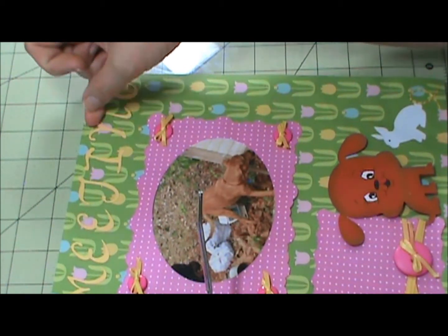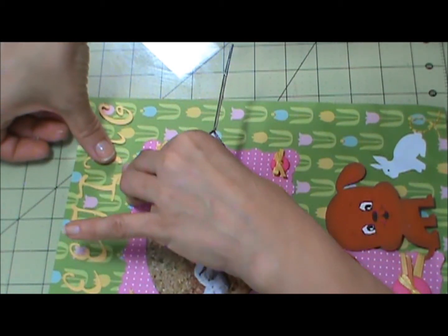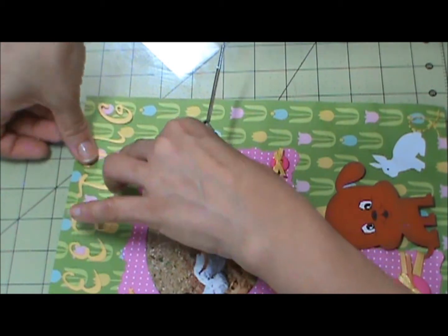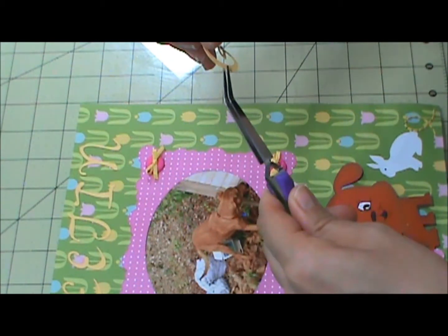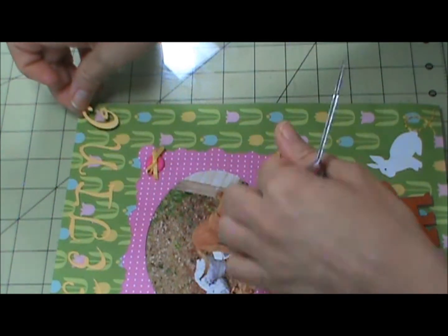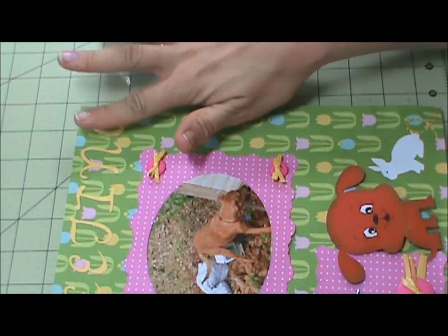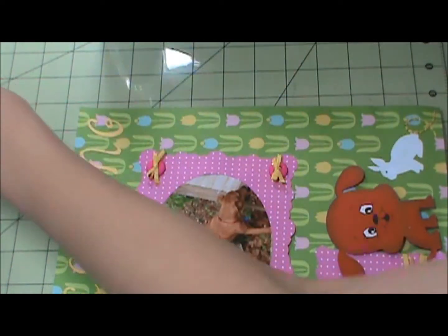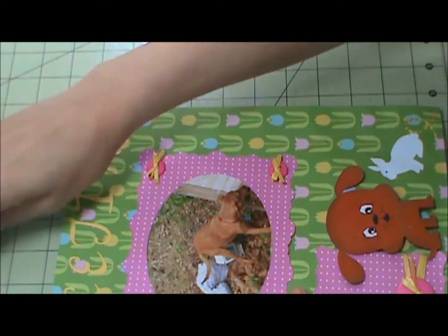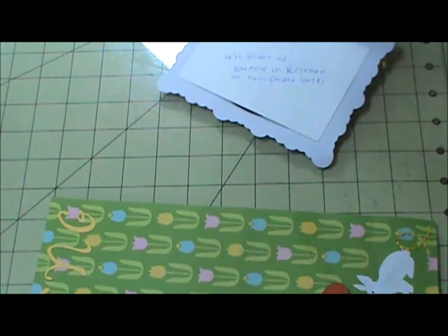Alright, and then that goes here. Alright, and this goes here. Alright, and now I put this on because this will be the last of that. I already have all my buttons glued down, so it's just a matter of...